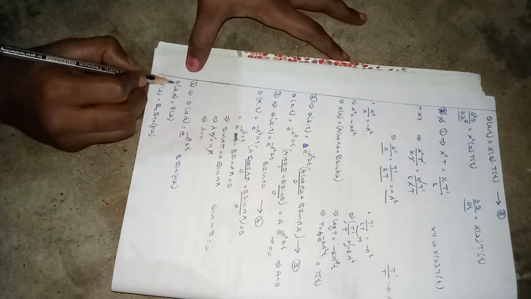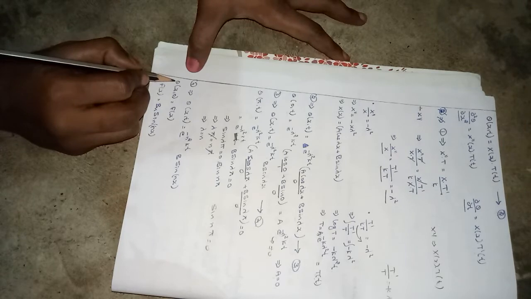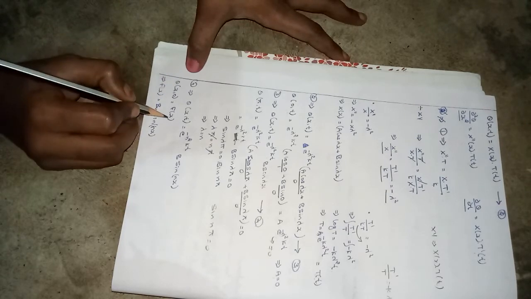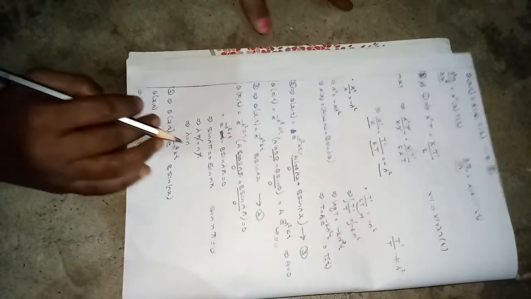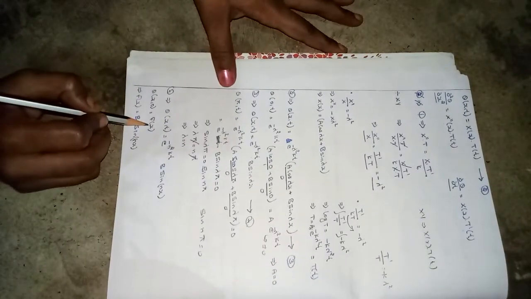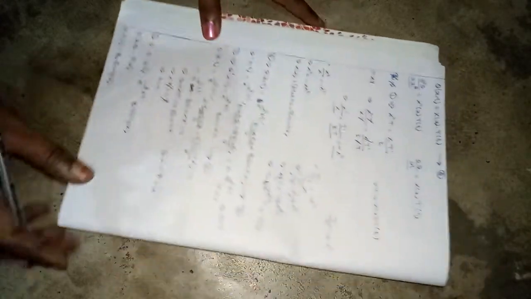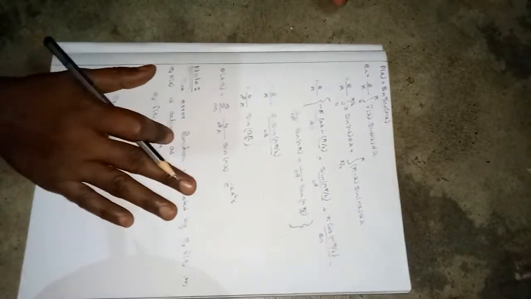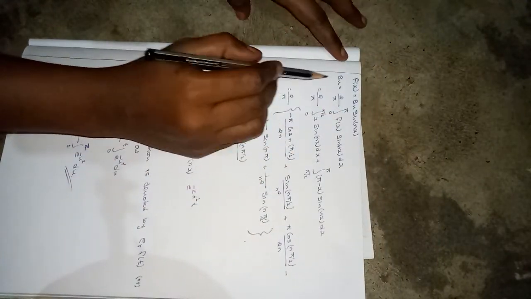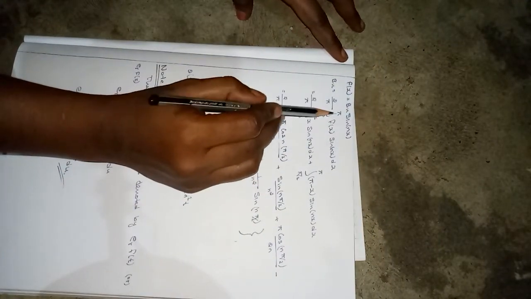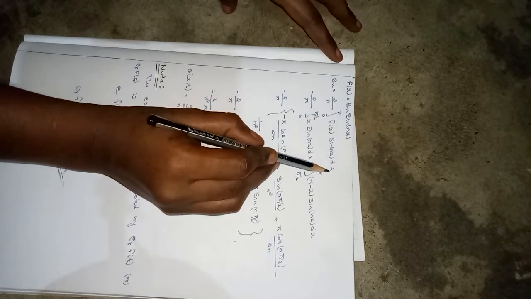And given the last condition, theta of x comma 0 is equal to f of x, since it is a functional form, we can write theta of x comma 0 as f of x. Here f of x is bn sin nx. This bn is nothing but 2 by pi integral over 0 to pi f of x sin nx dx.